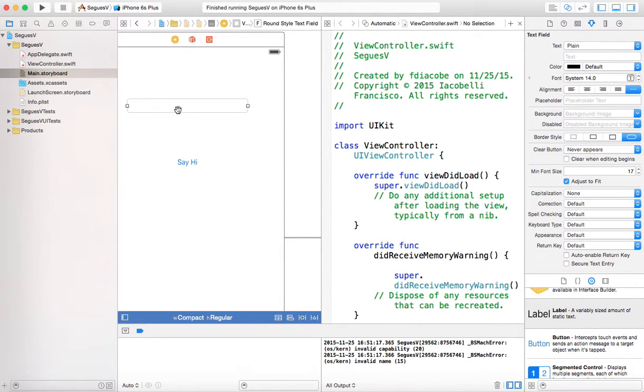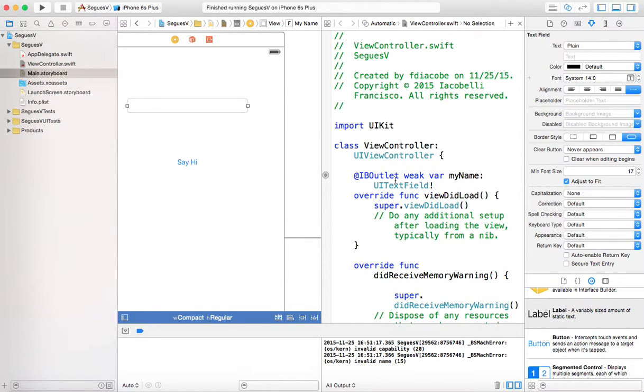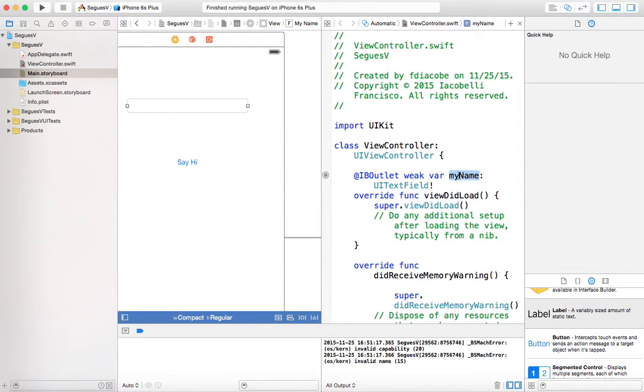And I can do something like this. Control drag this text view over to here, and I will create what's called an outlet. This text view, I'm going to give it the name myName and connect. And this has created a variable called myName of type UITextField